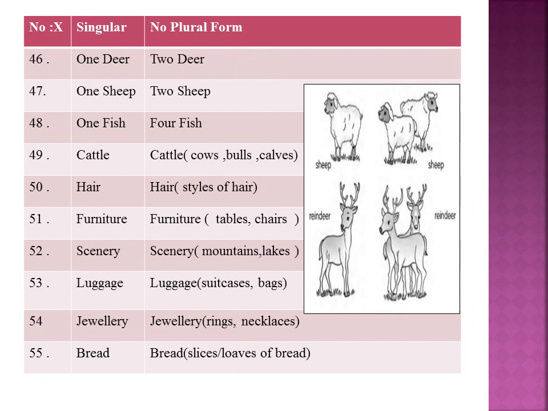Rule number 10. Some nouns have the same form for the singular and plural. Whether it is one or more, the noun deer is deer in both the forms. Similarly, collective nouns or uncountable nouns like hair, furniture, luggage, etc. are written as they are in plural form also. The ornamental collections like gold bangles, rings, bracelets, chains, necklaces, etc. together are called jewelry.